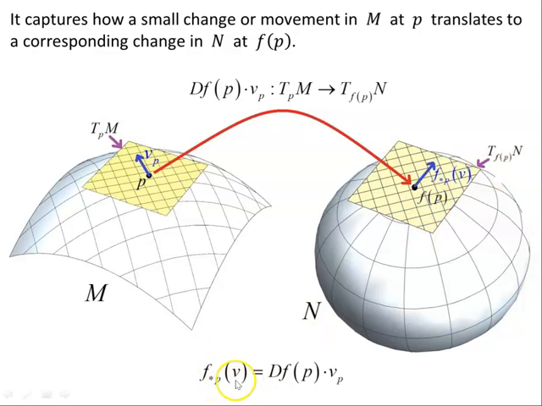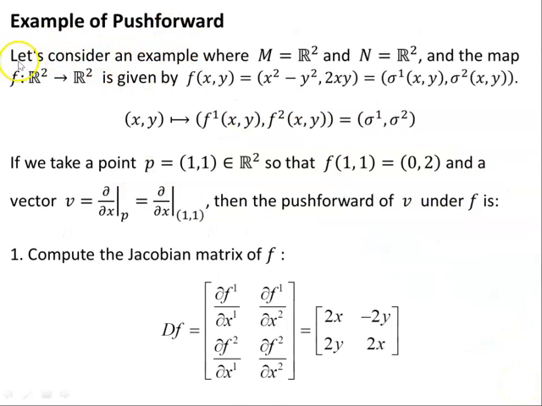So F star P of V is one notation you can use, but it means the same thing as df of P dot Vp. Either notation you can use to describe this push forward. All right, so an example of push forward: let's consider an example where M is R2